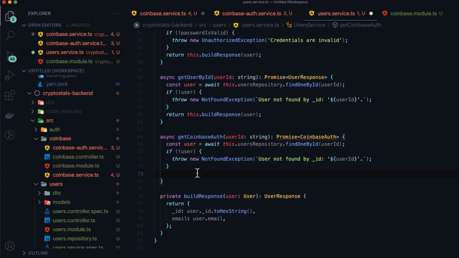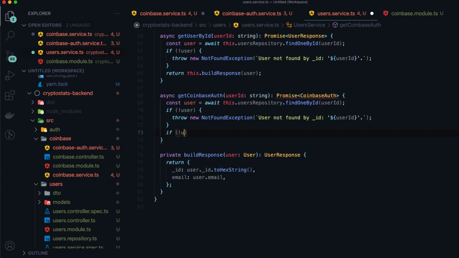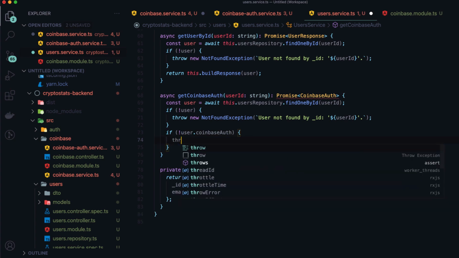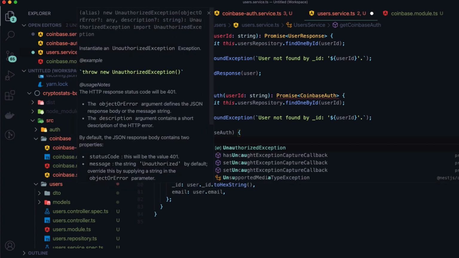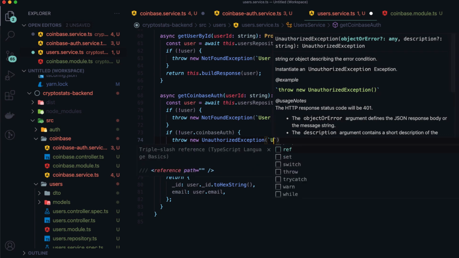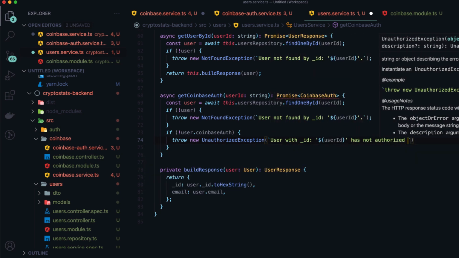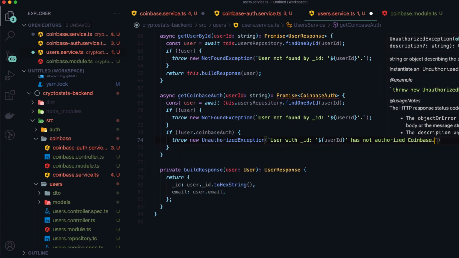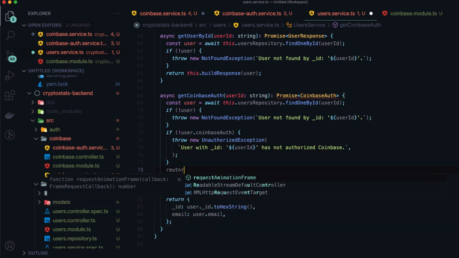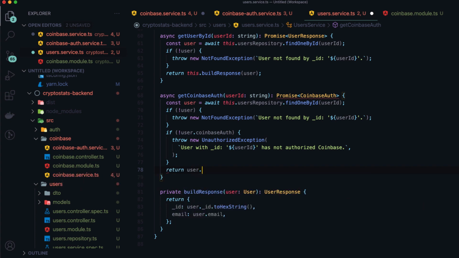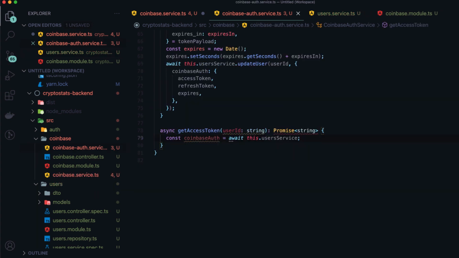So now we can also check to see if the user.coinbaseAuth was not included. Then I'm going to throw an UnauthorizedException and say user with ID has not authorized Coinbase. So now we can finally return the user.coinbaseAuth to the caller. So now back in our CoinbaseAuthService, we can make use of this and call getCoinbaseAuth with